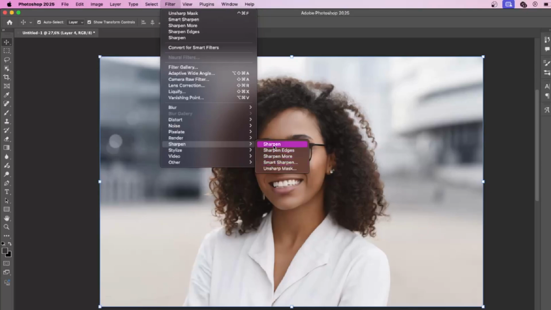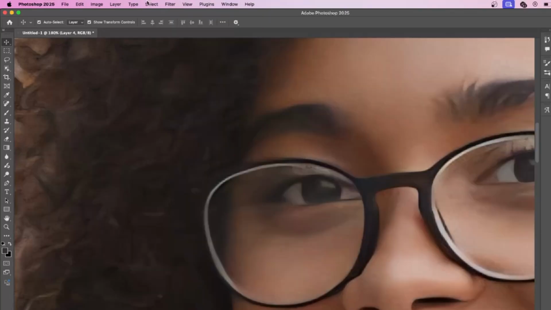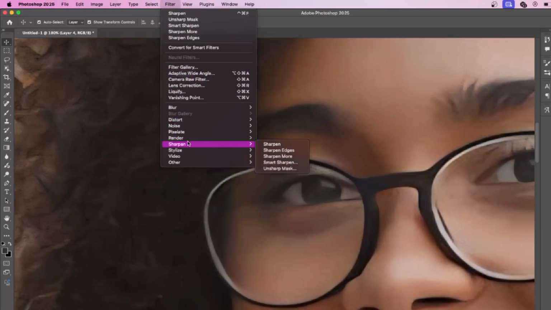The first we have is Sharpen. Let me zoom in so you can see what happened. This Sharpen filter applies a slight sharpen effect to your photos. It's not much, but it's noticeable. This is before, and this is after. The next Sharpen filter we have is Sharpen Edges, which does the same thing but only